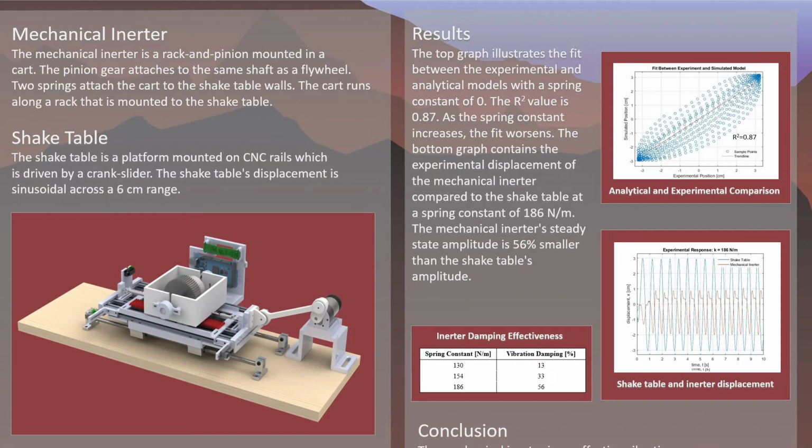Using the data obtained from the shake table testing, as well as the analytical model discussed earlier, we were able to obtain meaningful results from these experiments. The plot on the top right shows the simulated position of the mechanical inerter according to the analytical model on the y-axis, with the experimental position of the mechanical inerter according to the shake table testing on the x-axis. The R-squared value for these data points is 0.87, meaning that the analytical model is a relatively good fit, but